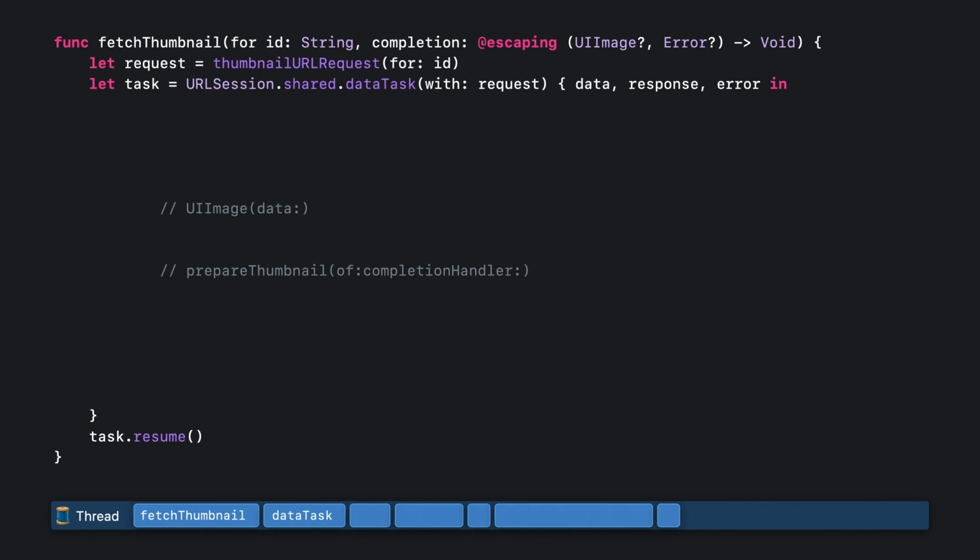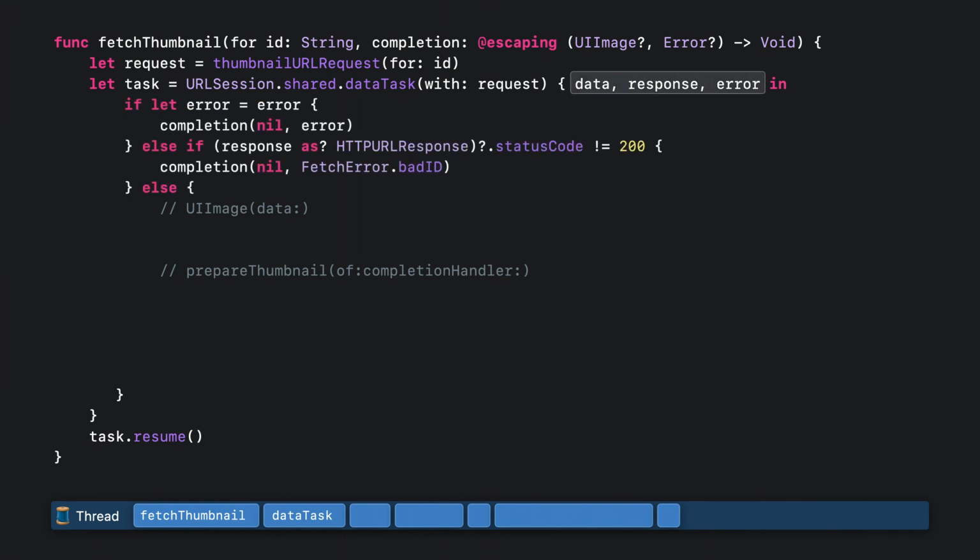That's really important because downloading an image takes time, and you don't want to block a thread waiting for data to stream in. Eventually, either the image finishes downloading or something goes wrong. Either way, the request completes and the completion handler passed to dataTask is invoked with several optional values: the data, a response, and an error.